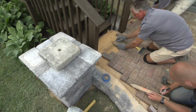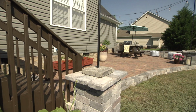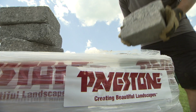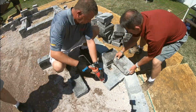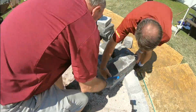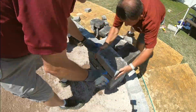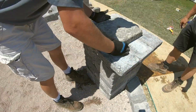The pattern used with the blocks will depend on how large you want the base of the column to be. Here we're using the large rumblestone blocks, which are 7 by 10.5 inches. It's important that for each new row, the blocks overlap the seams of the previous row so that the structure retains its strength as it goes up. That means there should be no vertical joints that extend from one row to the next as the column grows